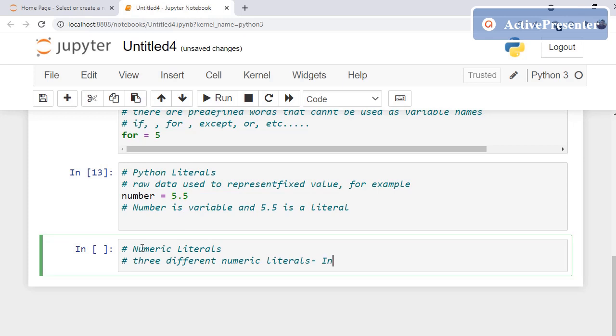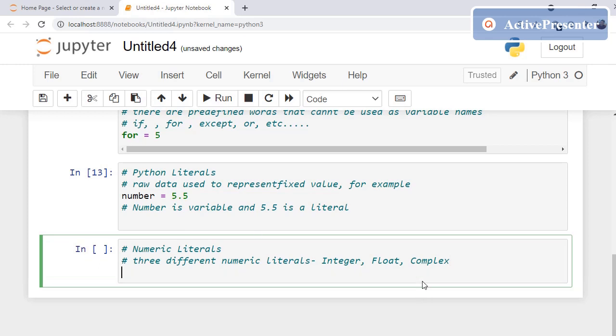One is integer, the second is float, or your decimal values, and the third is complex numbers. Integer is nothing but the whole number. Float represents the decimal values, and complex numbers. These are the 3 types of literals.